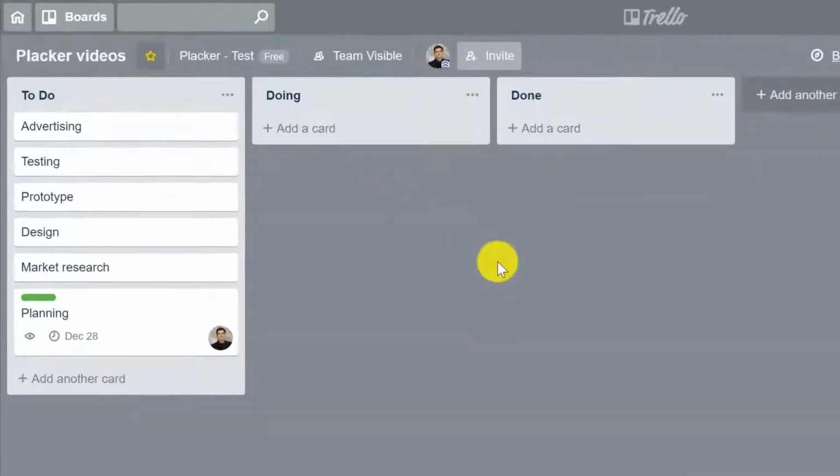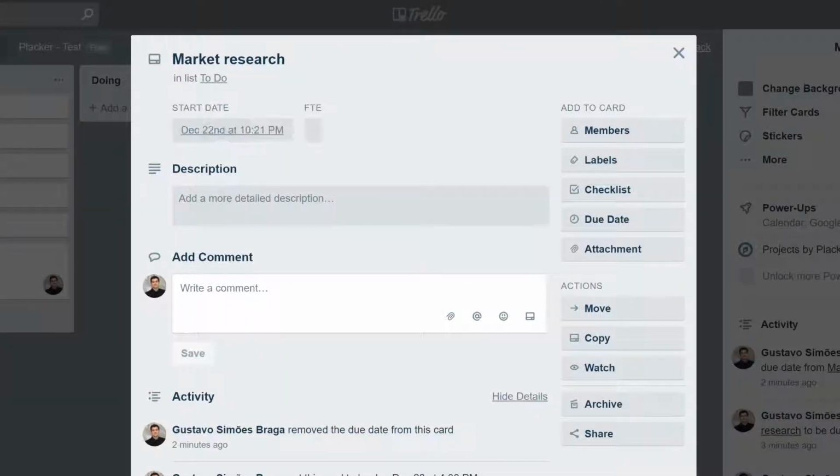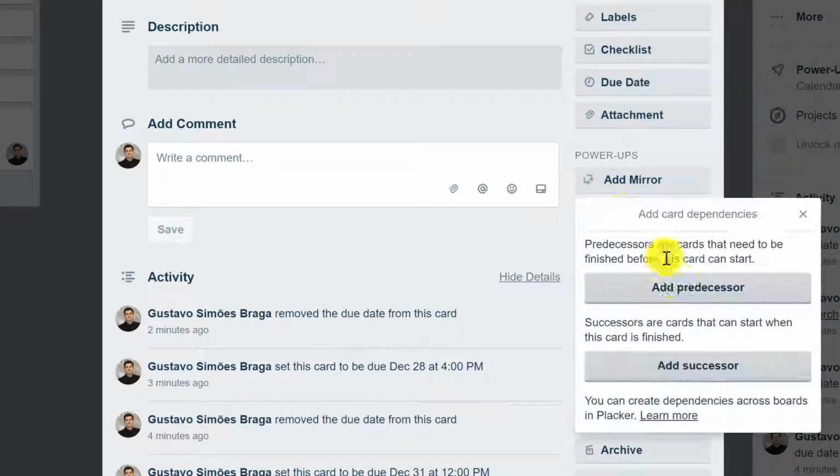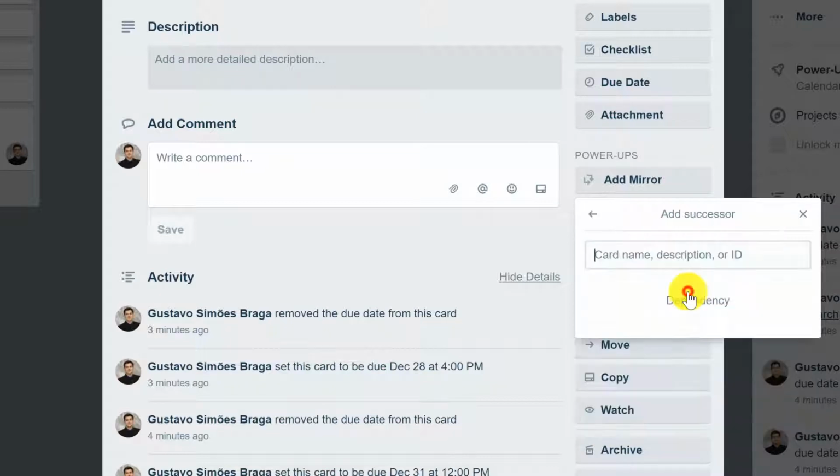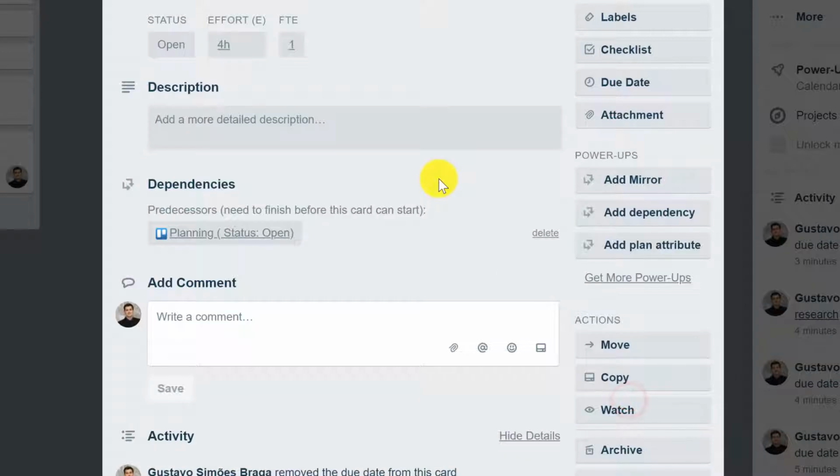In this example, to start market research, we need to finish planning. So we're going to click the card Market Research, click Add Dependency, and add a predecessor. That is, the card that needs to be finished before this card can start. We will select Planning, and now it's clear to whoever will work on market research that this depends on planning,